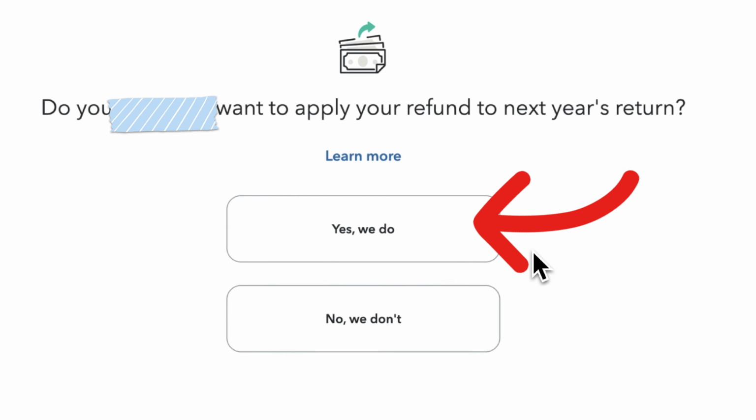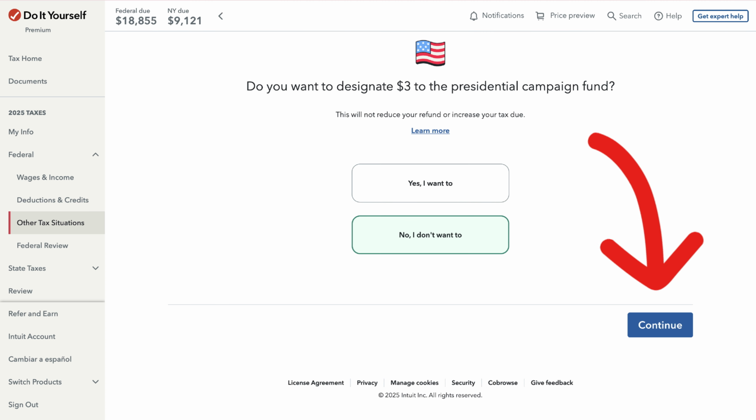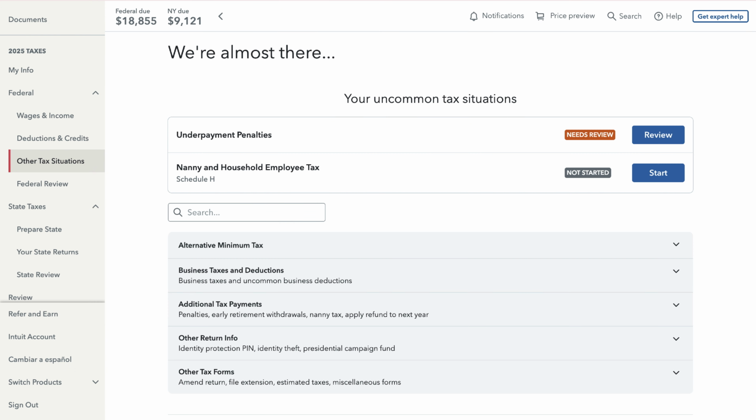Until you come to this question, you want to choose Yes as an answer. This way you can transfer your return to next year. Other than this question, you can always choose No as the answer until the very bottom of the questions. Just click on Continue. After you answer all those questions, you will be directed to this page, and you want